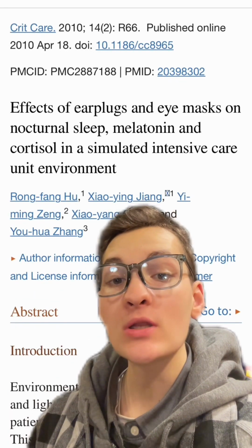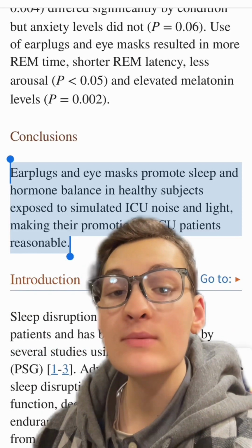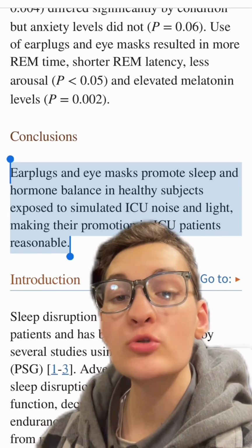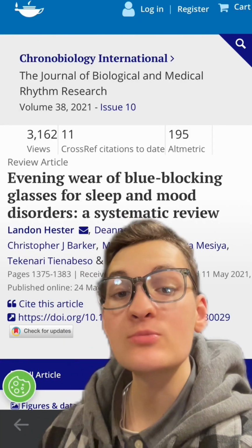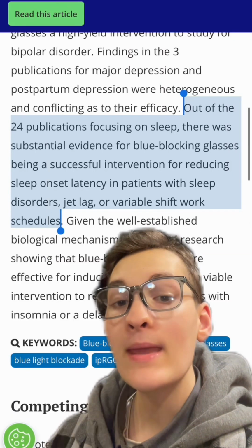If we then move on to light, the combination of earplugs and an eye mask drastically improves sleep quality and subjective well-being, especially in those exposed to a simulated high-light, high-noise environment such as an ICU environment. And it has actually been scientifically proven that if you let your sister pick out your sleep mask, it drastically improves sleep quality. Keeping on the subject of light, wearing blue blocking glasses before bed may be an effective strategy